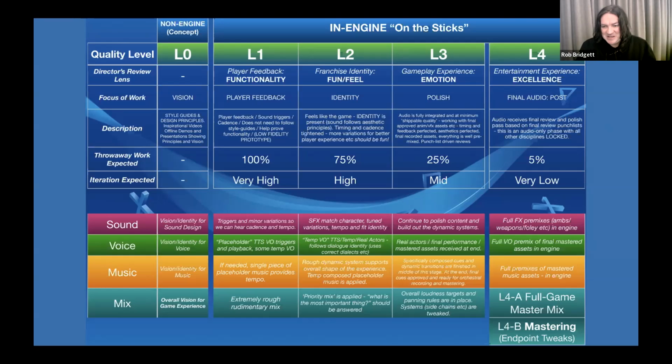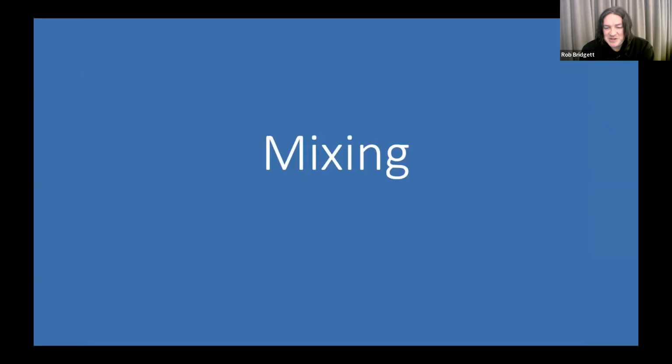The animation team's usually gone home at that point and is on another project, for example. So there is often a little bit of time where you can polish that stuff. And we're not making huge changes to the audio in that L4 phase, but we can focus on what you typically call a mix in a post-production sound world. So we can take time there to really polish the interrelationships between those sounds at that point. And so just to move a little bit into that last area, mixing. It is an area that we've traditionally struggled with.